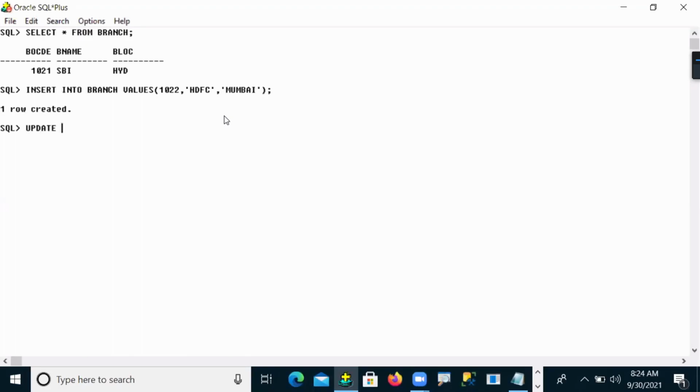After that, I am updating. Update branch set B location equals Chennai, replacing Mumbai, where B code equals 1022.